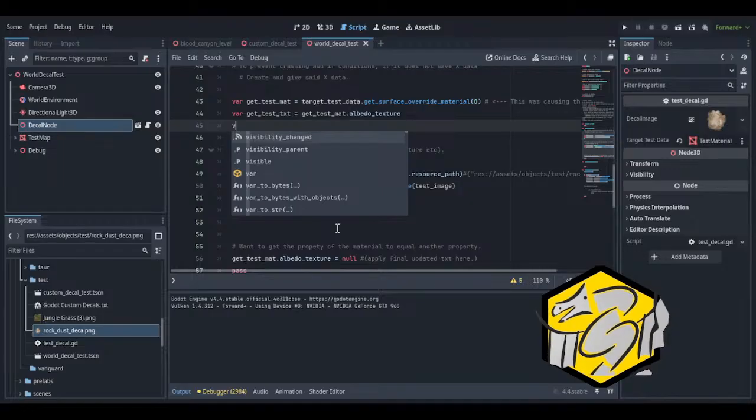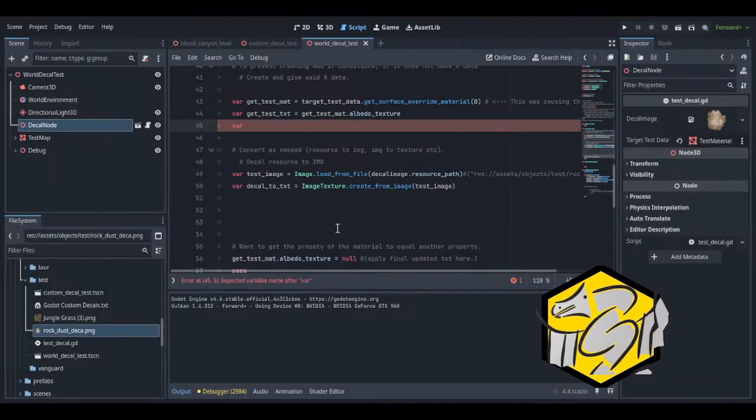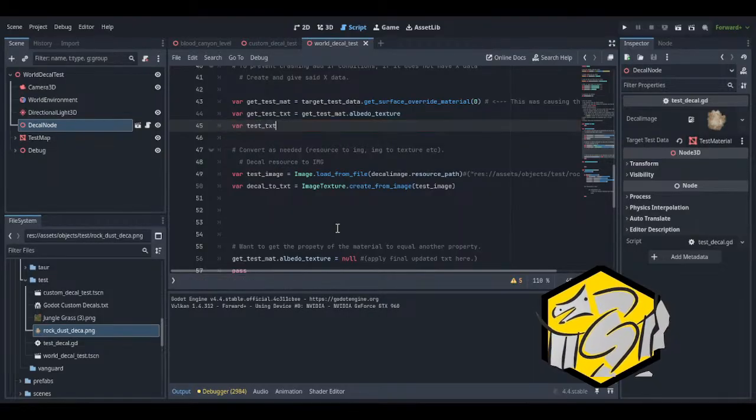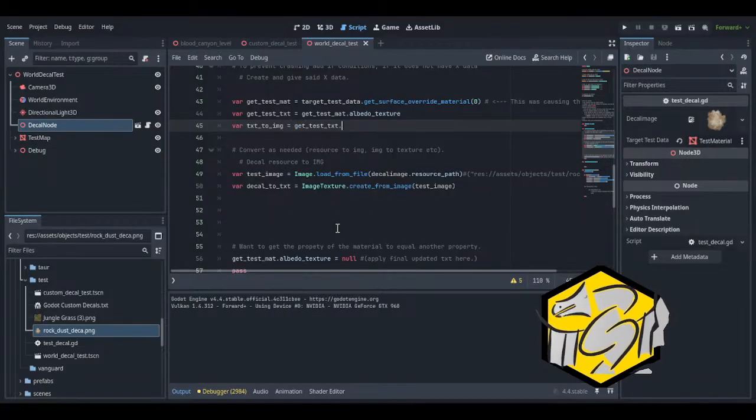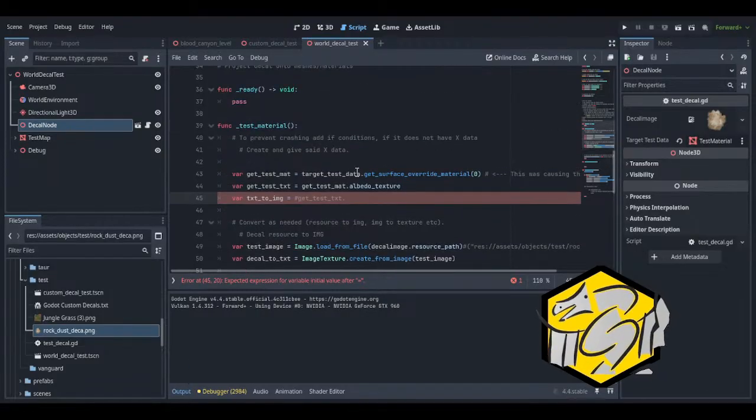Then we go to var texture, test texture, texture to image equal get test texture dot, I don't know. All right, we gotta go to the thing real quick. Unless I can remember how to do it, I'm pretty sure I don't.